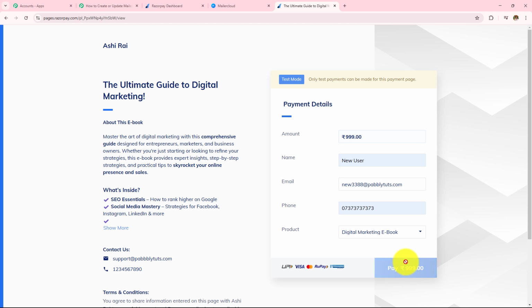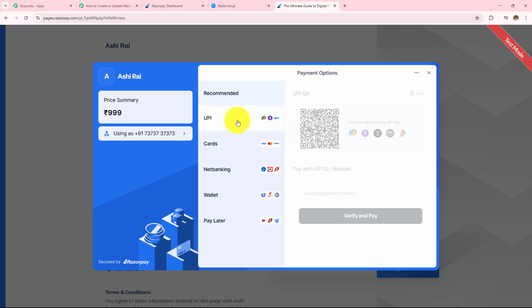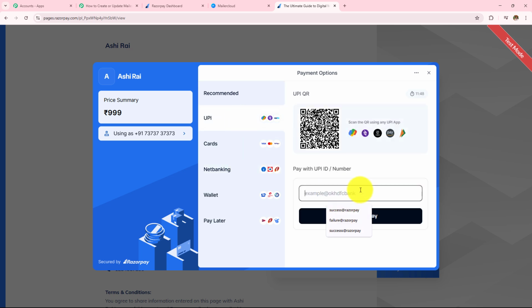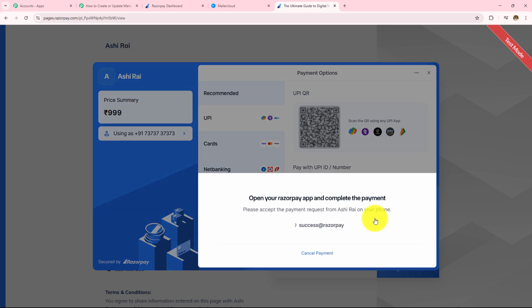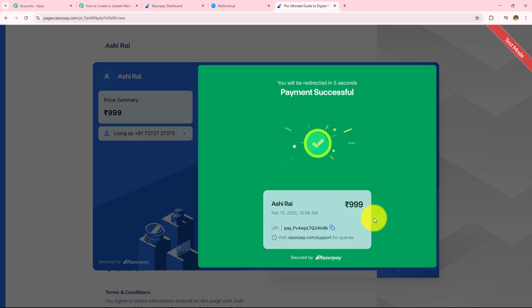Now I'm going to click on this pay. And then from over here, I need to select my payment method. So let's say my payment method is UPI. And then I'm going to enter my UPI. And then after entering my UPI ID, I'm going to click on this verify and pay. So here, as you can see, I have successfully made the payment for this particular product,